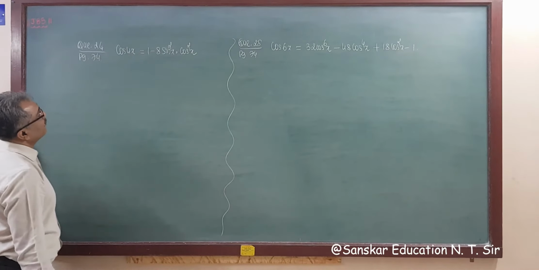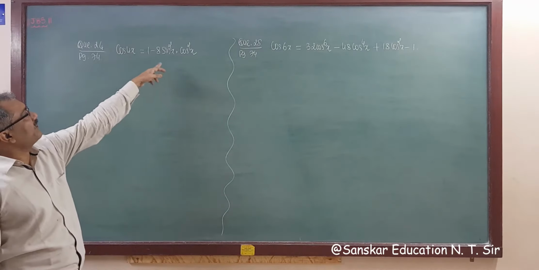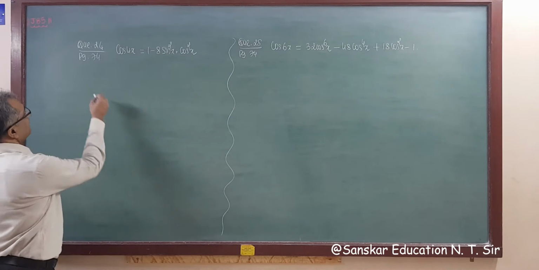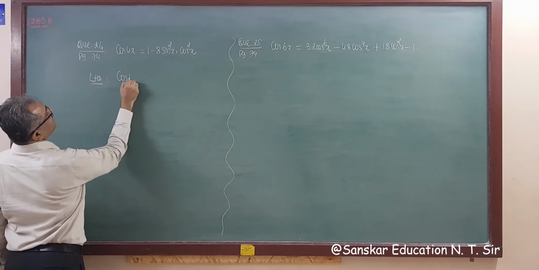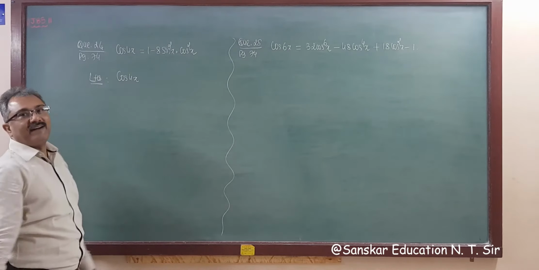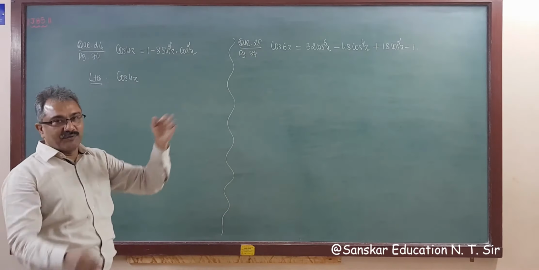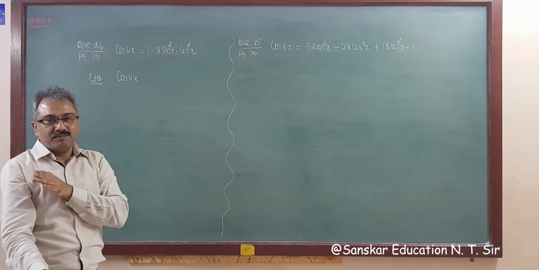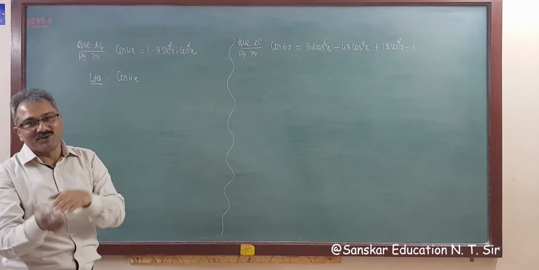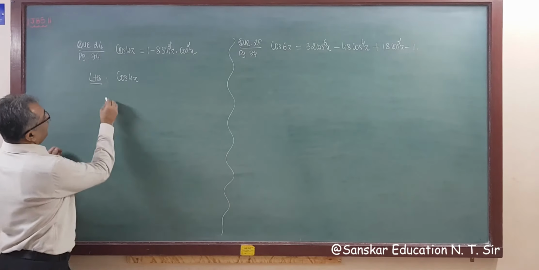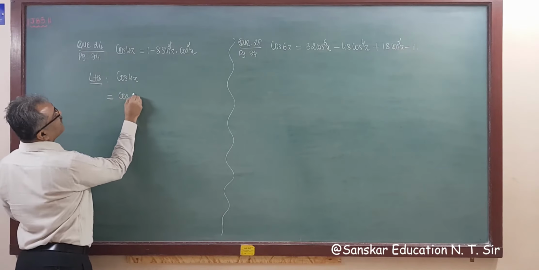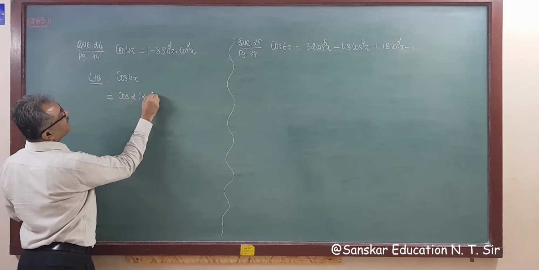Page 74, we have to prove cos 4x is equal to 1 minus 8 sin square x cos square x. So this is a nice MCQ question, cos 4x. And we require the answer in x, so we have to reduce the angle. 4 can be reduced into 2, because only the half angle formula is there, right? So can I write it like this, cos 2 into twice x?